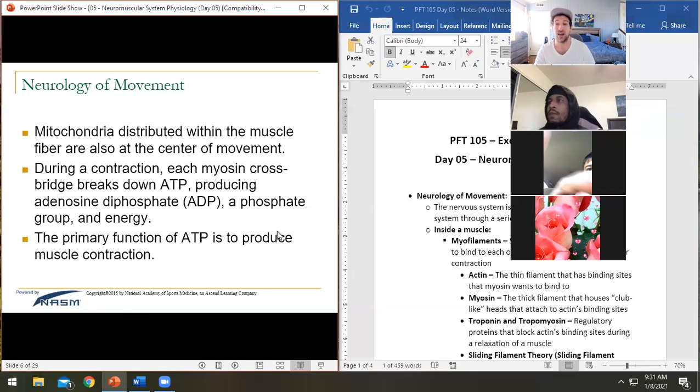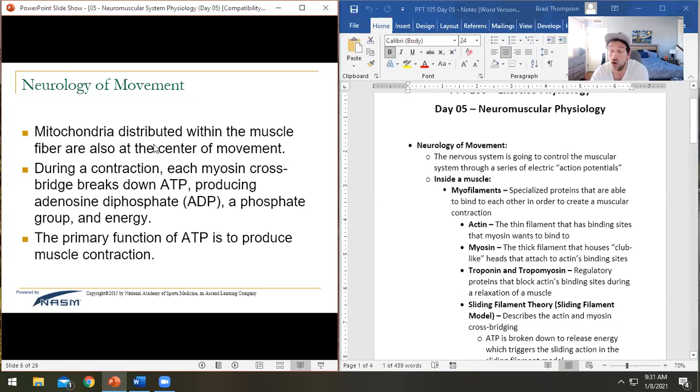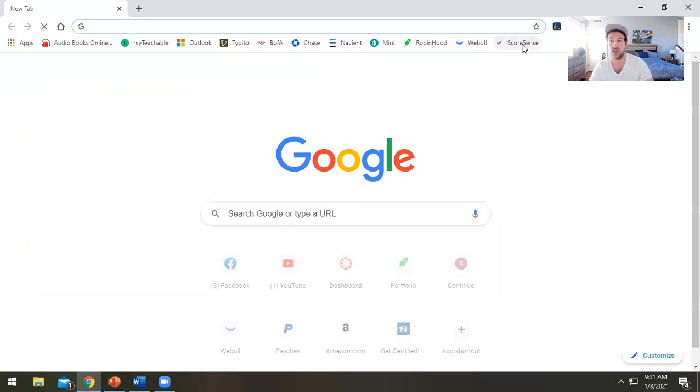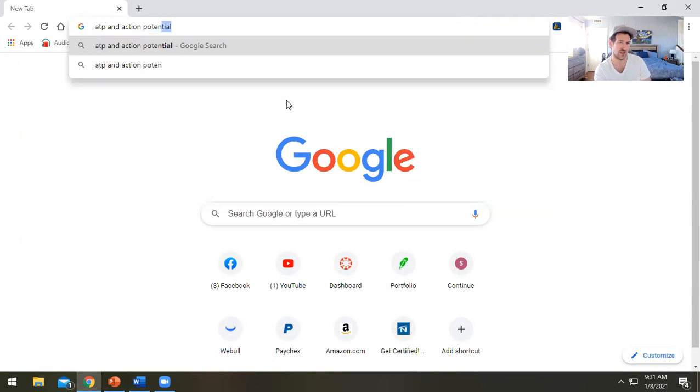And so now how do we move stuff against the way nature wants to move it? Well, we burn up a little bit of energy, and that is where our mitochondria come back. Our conversation, again, all comes back down to energy production. So your mitochondria, which are distributed within your muscles and your neurons, it's saying muscles here, but they're distributed everywhere, are going to be burning up the energy that pushes these things against their concentrations. You actually saw it happen in the video as you were watching it. But if you look at ATP and action potentials,